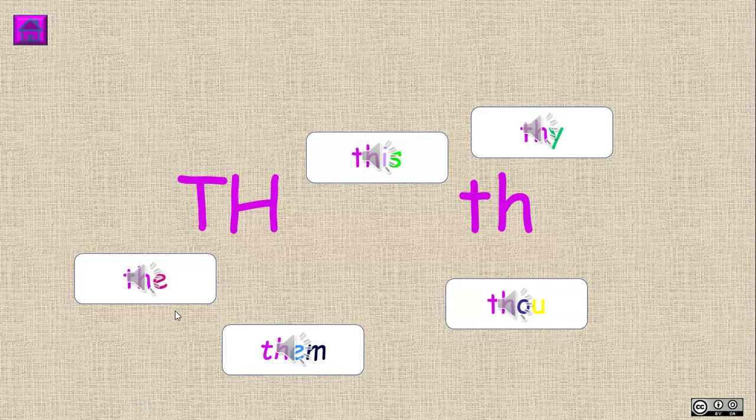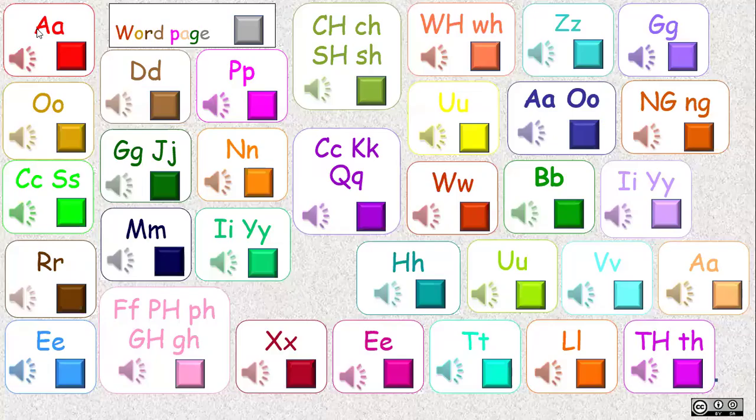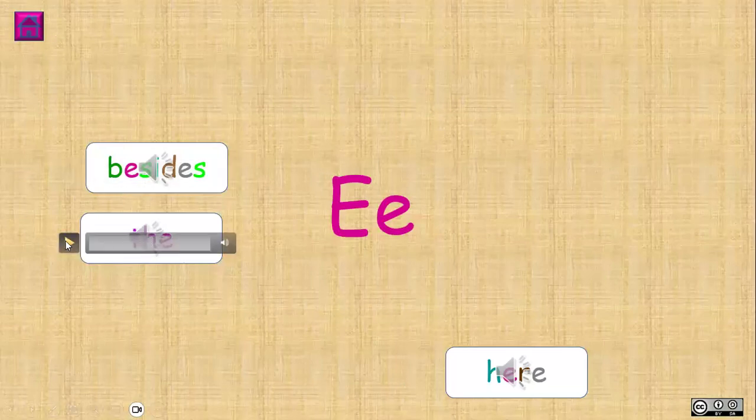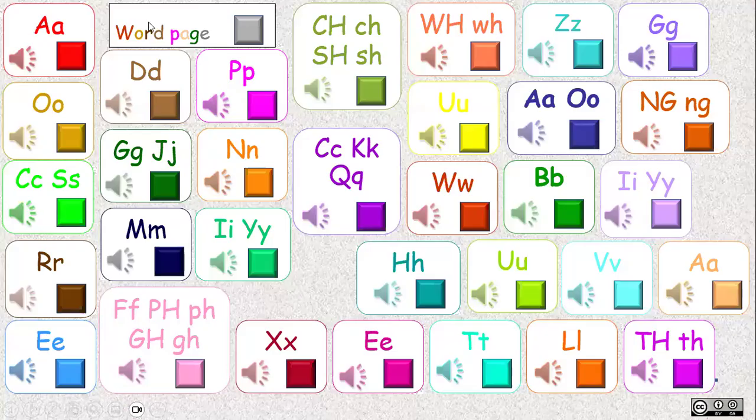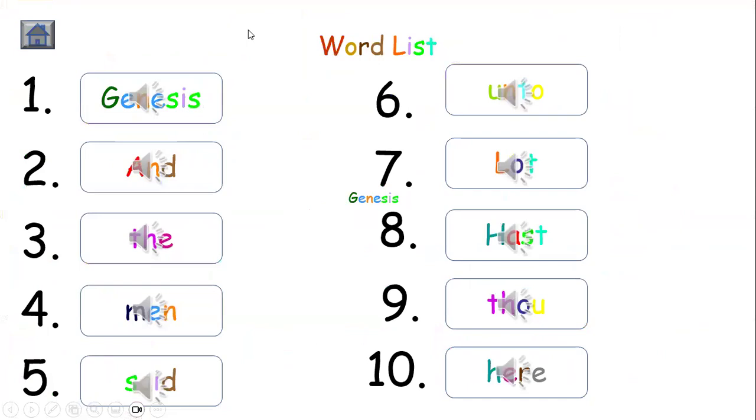And the next almost looks like the same color, but it's a little bit different if you look closely. But it's an E instead of a TH, so we'll find that. And that says E, E, E. Page, and we find the. That's it for that word. We'll go to the home page. We'll go to the word page. The next word is